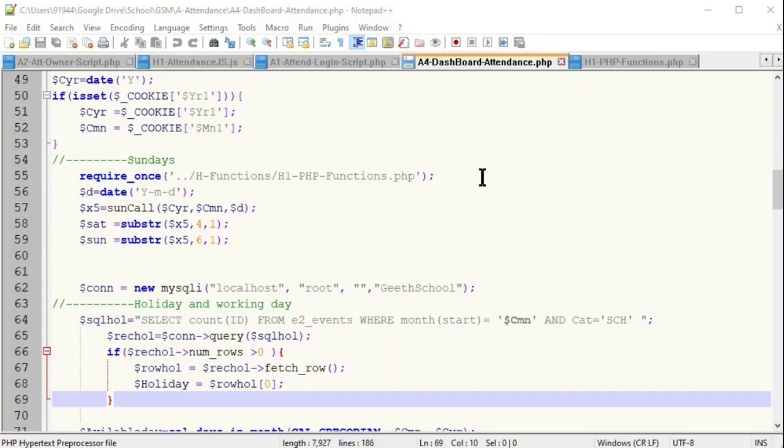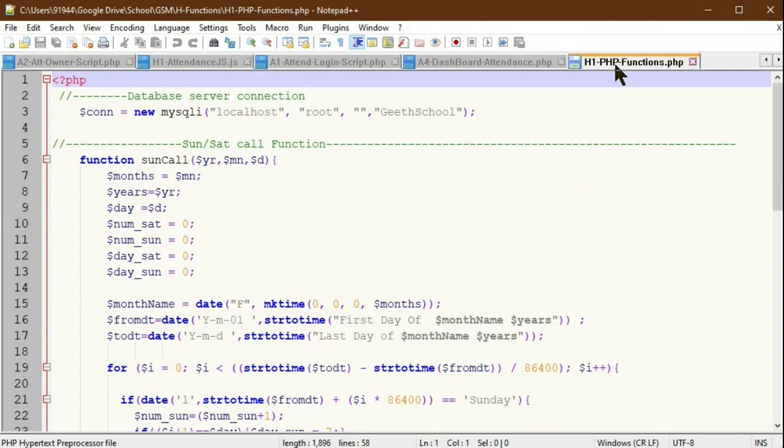Now we have opened Notepad++, and I have already opened 4 files in the window. Now we have to see how to split the window for placing our different files in different windows. For that there are two options available. One option: we have to select which file we want to send to another window. I am planning to send this h1 php.